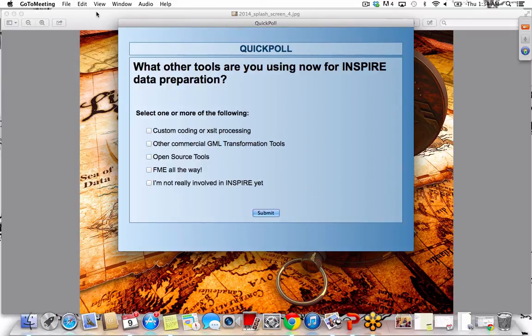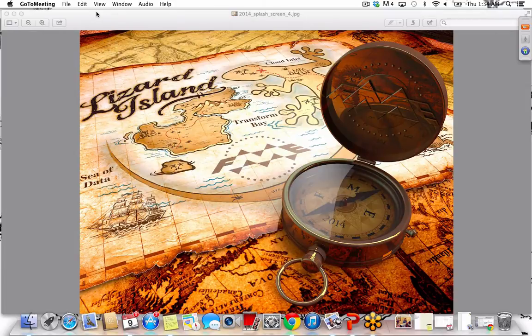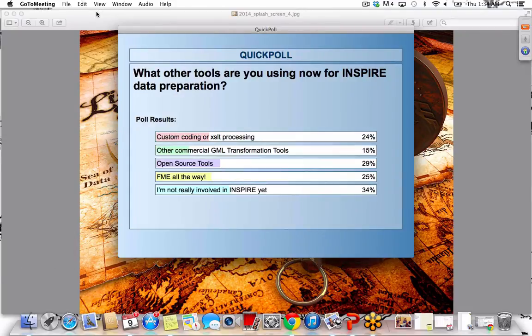And so far it looks like 20% are custom coding or XSLT, 10% are other commercial GML, a quarter of you are using open source tools, a quarter are using FME, and about 36% of you are not involved in Inspire yet. So I'll close the poll in 5, 4, 3, 2, 1, and then share the results, so you can see the results right there. So a very good split right across the board on that one. So now I will hide the results, and we will go back to